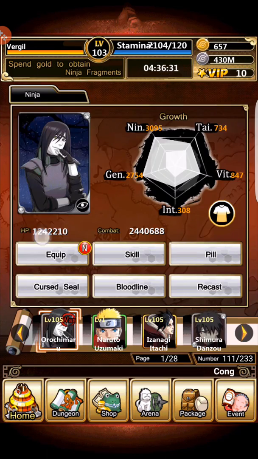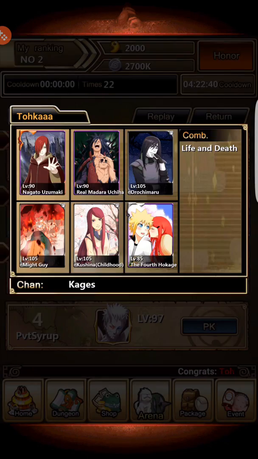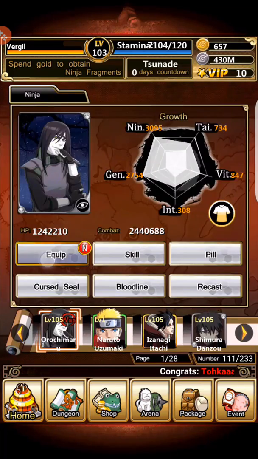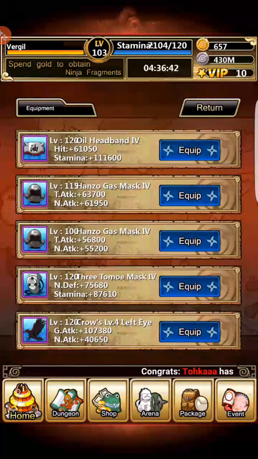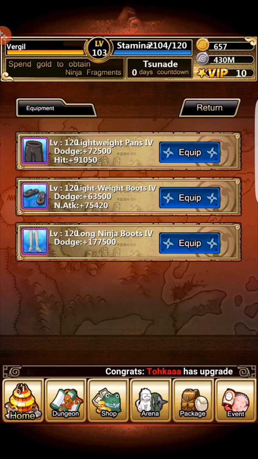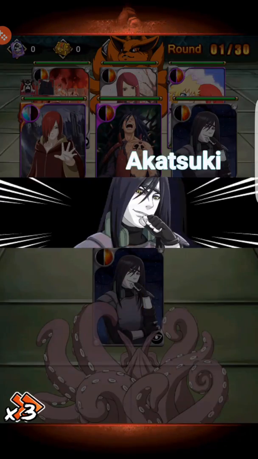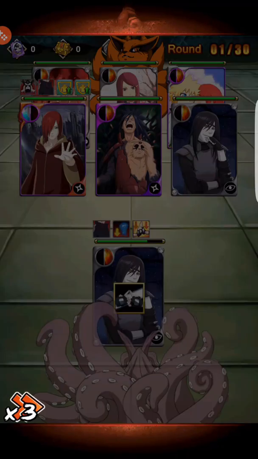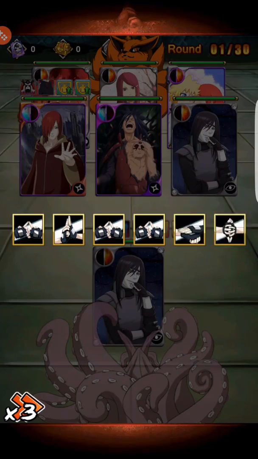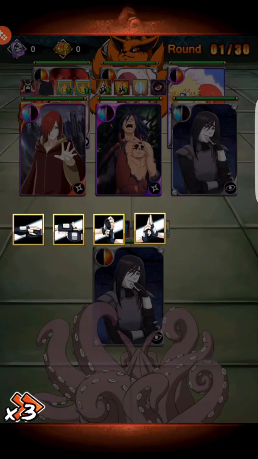And yeah, so I dare say that's about it for this video. Oh, if you guys want to see something funny here, where is that one guy? This dude. Here we go. We're going to go ahead and equip this. Where is it? Crow's left eye, and Gakir Sharingan, and let's go with long ninja boots. So let's see if this works. See, that's the beauty about this, though. At least this skill, though. The beauty of this is the fact that while what's his face